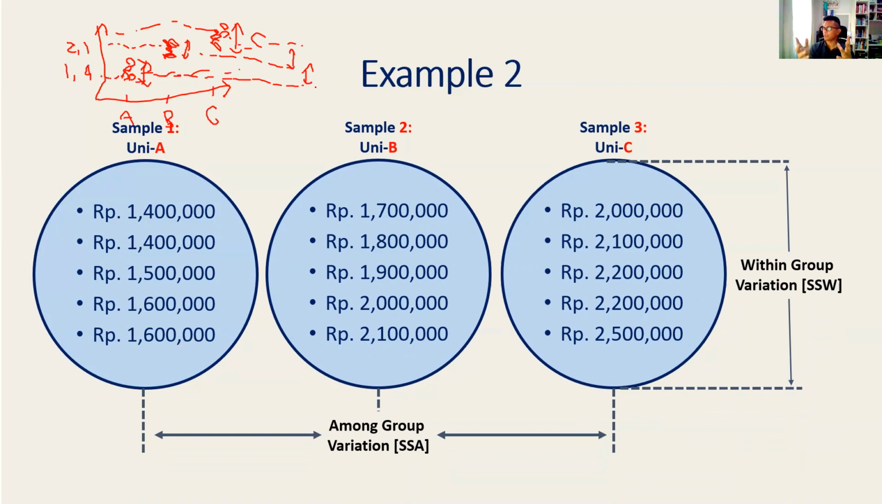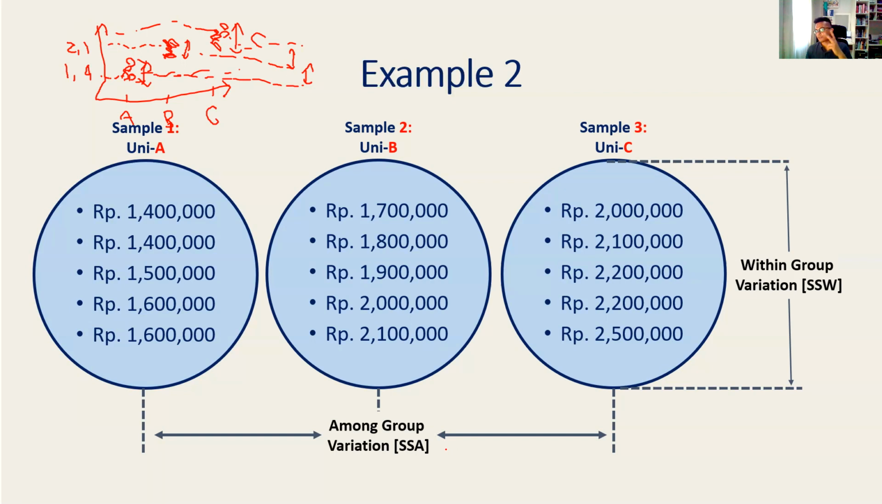But in example 2, the tendency is that the mean values of university A and B are different, and university C is also different. Yes, we can see that. So that is the basic foundation of ANOVA. In ANOVA, what we do is we make a ratio